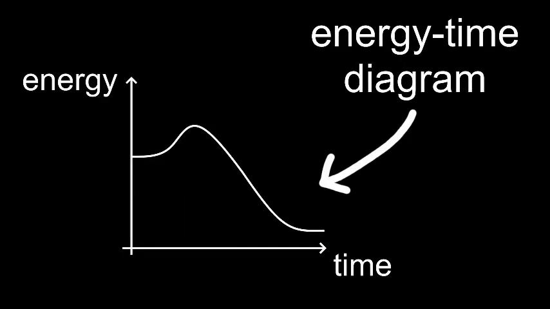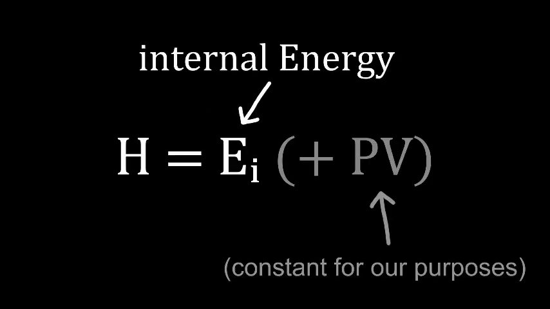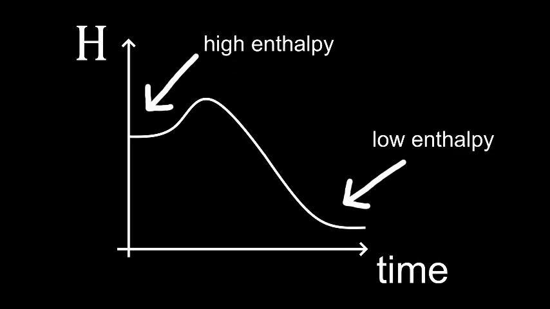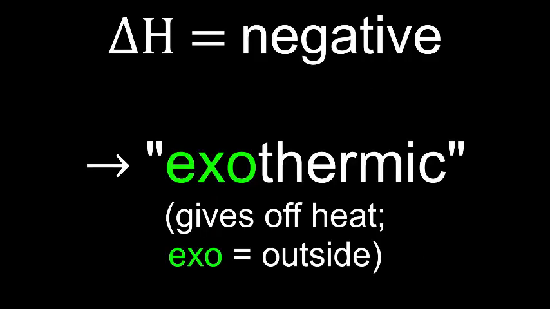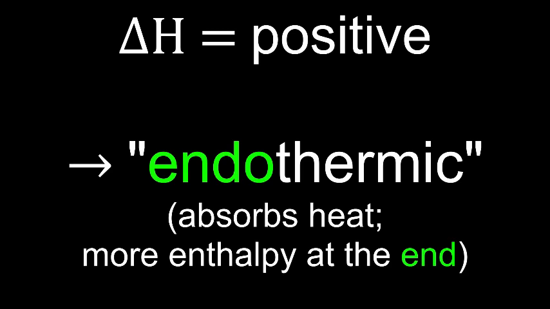Because chemical reactions are changes in energy, it's quite useful to keep track of it. Enthalpy is, simply put, the internal energy or heat content of a system. If the total enthalpy of a reaction is lower at the end than at the beginning, heat was given off to the surroundings, which is an exothermic reaction. If it's the other way around, a reaction is endothermic.